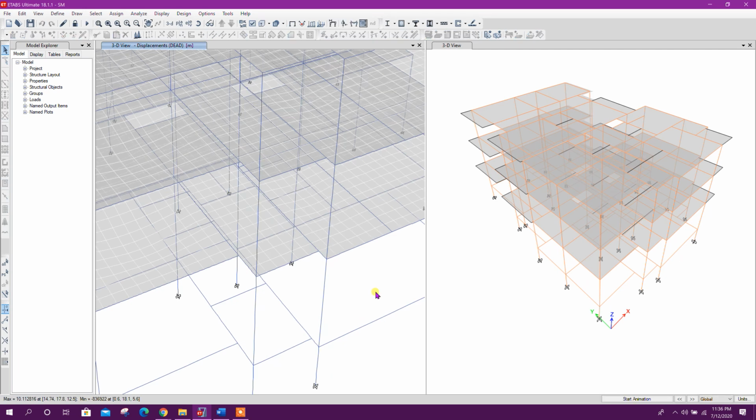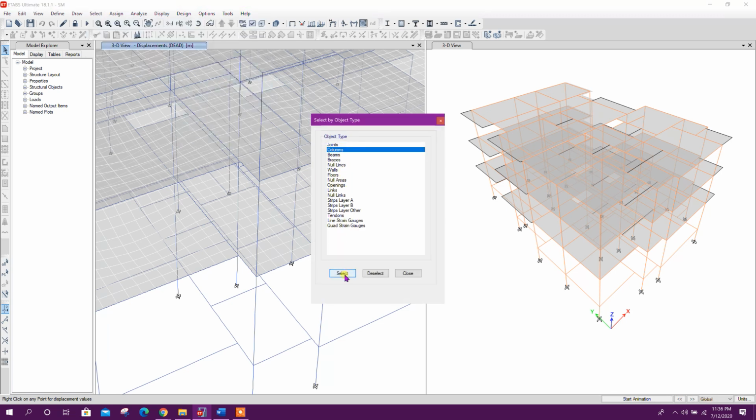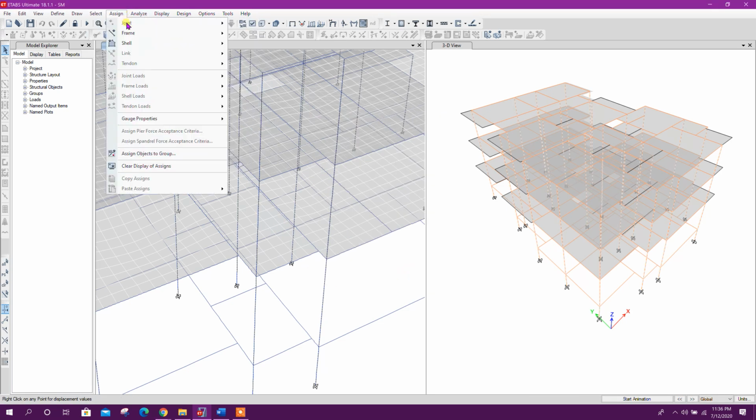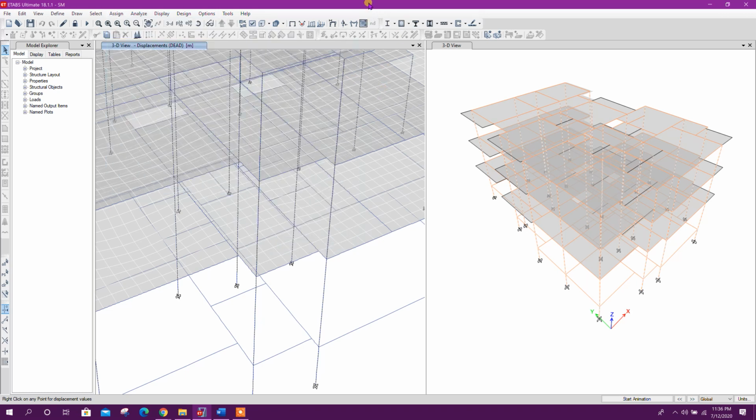We may think that when we select the object type and assign the property modifiers, it changes the stiffness modifiers to the exact value, but that is not true. It multiplies with the stiffness modifier used in the section property.